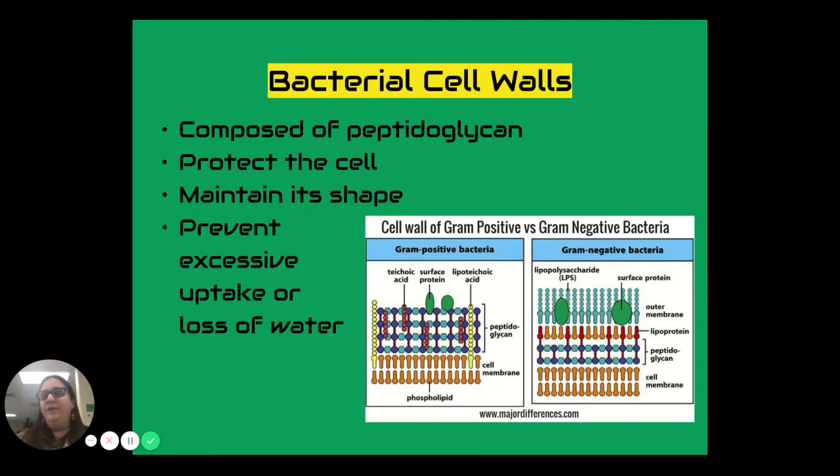Okay. Now, when we talk about those cell walls, again, that's outside of the plasma membrane, there is a secondary piece. And this piece, called the cell wall, is composed of a protein called peptidoglycan. Okay. This is going to help protect the cell and help the cell to maintain its shape, because unlike us, we don't have cell walls. We have bones that help maintain our shape. And it's also going to help a cell prevent excessive uptake of or loss of water. It's not going to control, that still is the cell membrane's job, but it is going to help to regulate